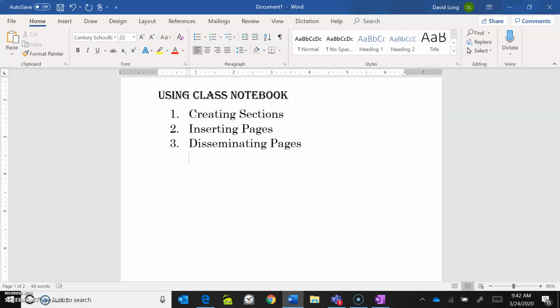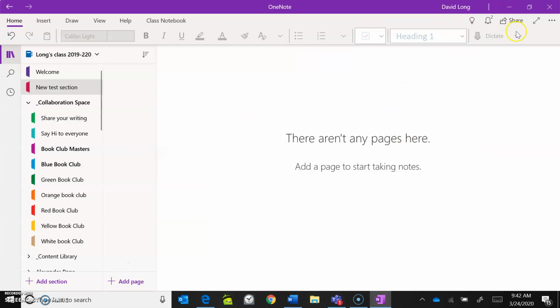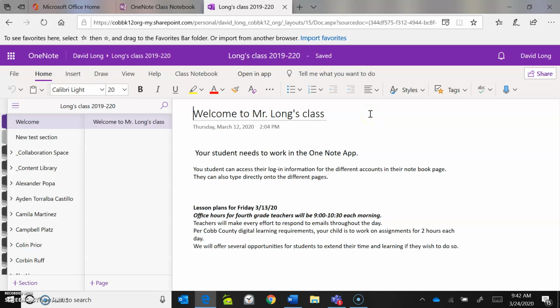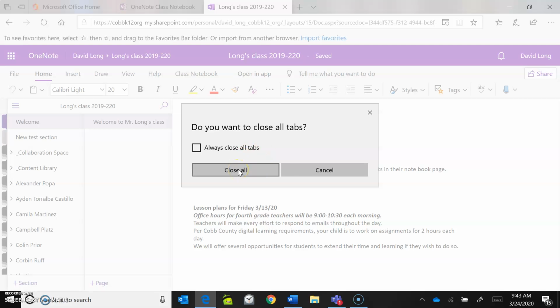The version that I'm going to take us to is OneNote 2016. It is a better way to insert pages and disseminate those pages to your classroom. So I'm closing out of all of this. What this was good for was to create those tabs and to manage your notebook, or to create those sections and manage your notebook. I'm going to take us now to